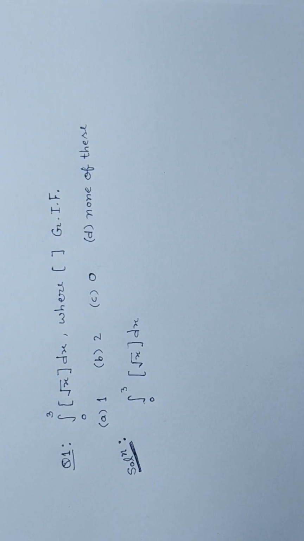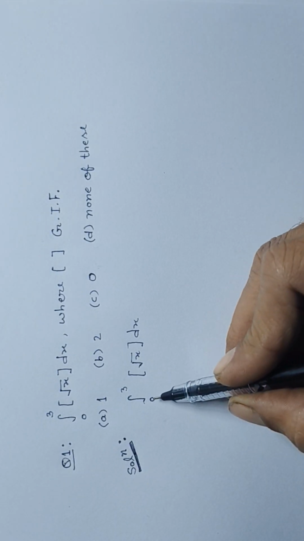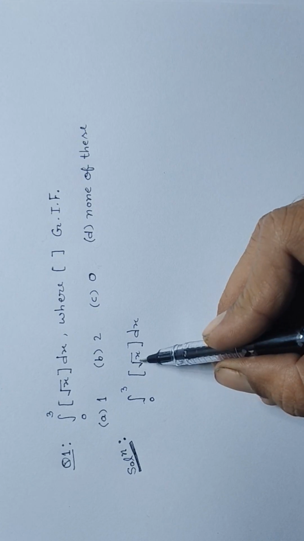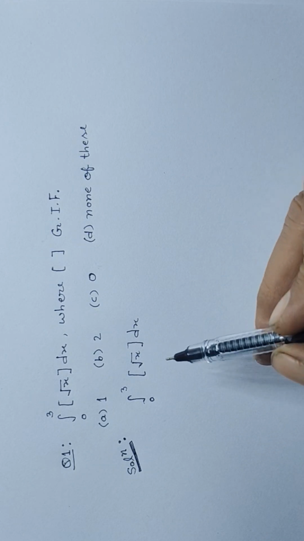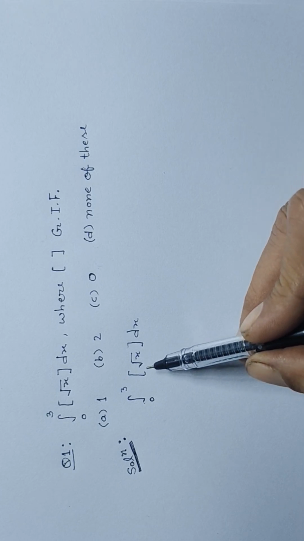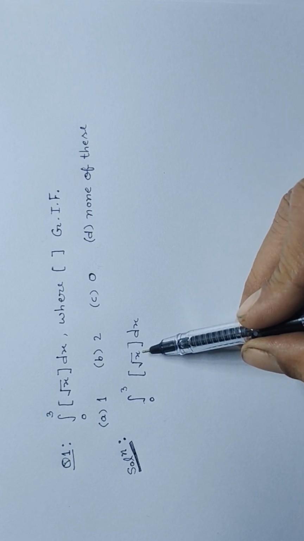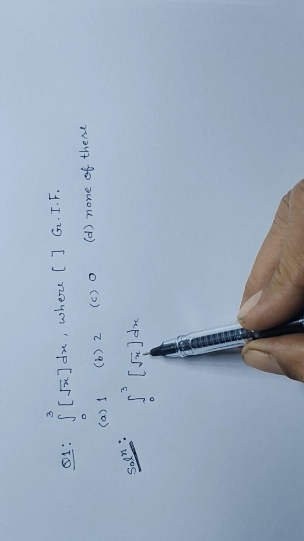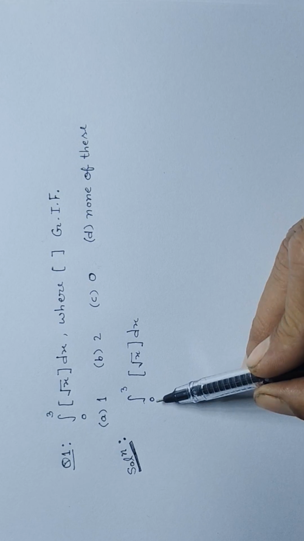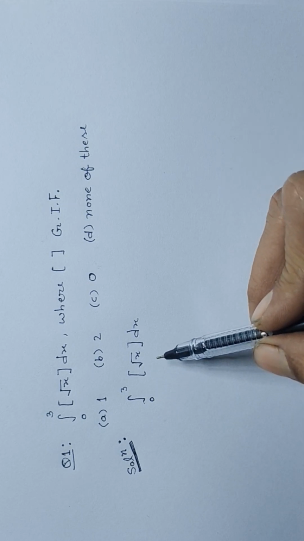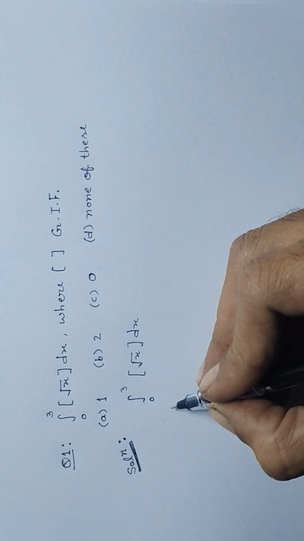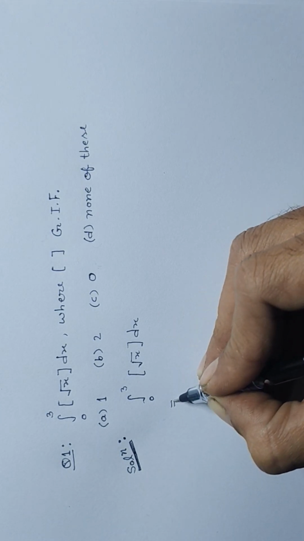Solution of question number 1. Integration 0 to 3 of greatest integer of root x dx. First, we see that the greatest integer function is discontinuous at all the integral values of x. So, we break the limit 0 to 3 at all the integer points. So, we write